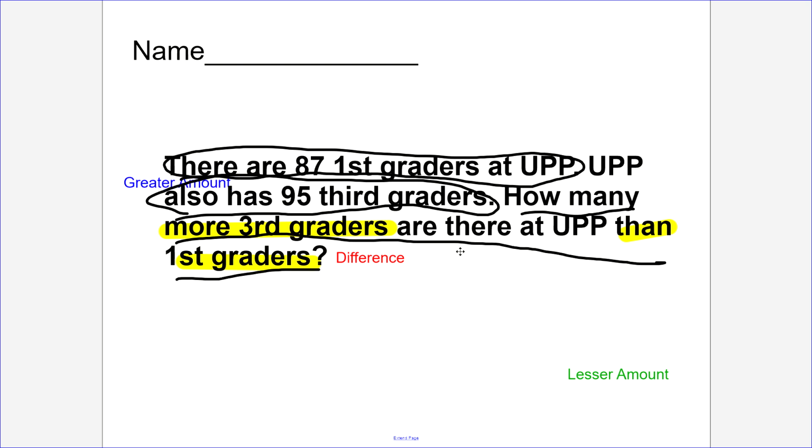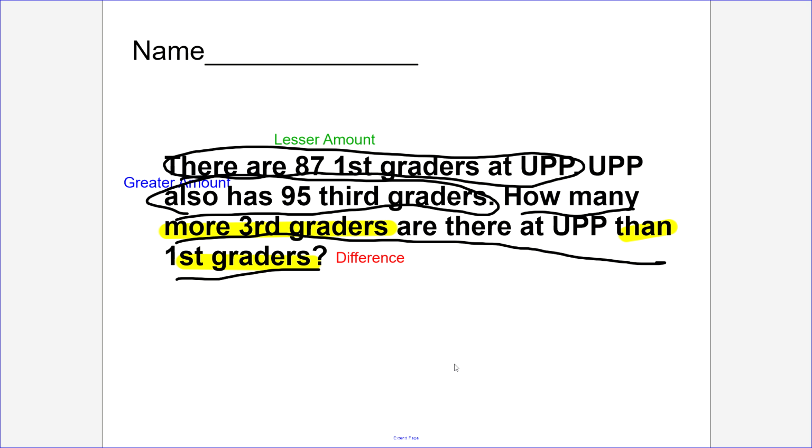We know that because the comparison is saying how many more third graders are there than first graders. So clearly there are more third graders. We also know that because there are 95 third graders but only 87 first graders. 95 is a larger number than 87. So clearly the number of third graders is the greater amount and the number of first graders is the lesser amount. When you look at this problem, third grade, and you see that the unknown information is the difference, it's what the question is asking about,